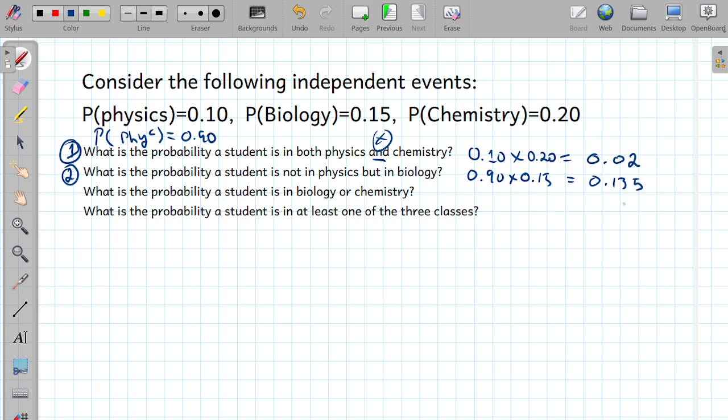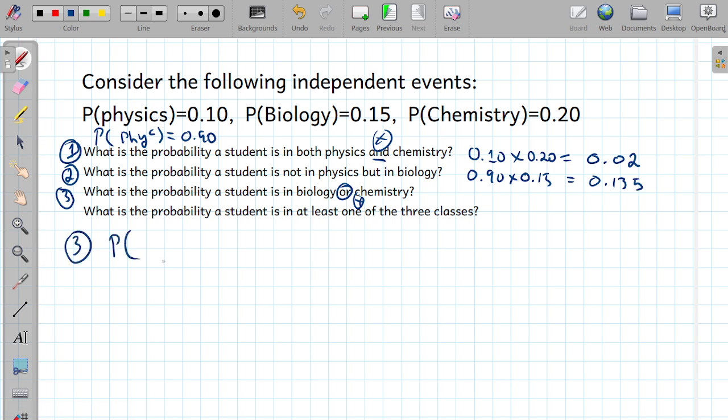Okay. What's the probability that a student is in biology or chemistry? So "or" is an addition. But remember, you have the possibility of a double count. If we were to set this up with a contingency table, you would see that, but we're going to do it without it tonight. So for number 3,